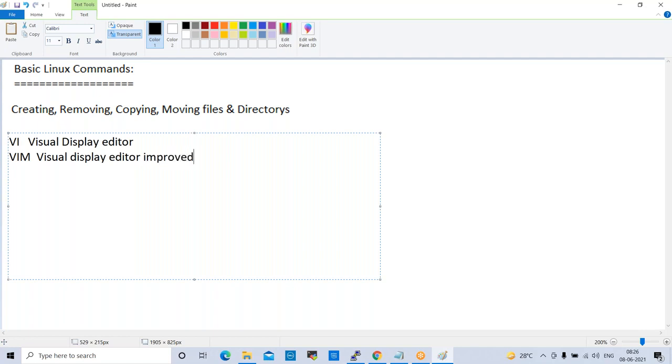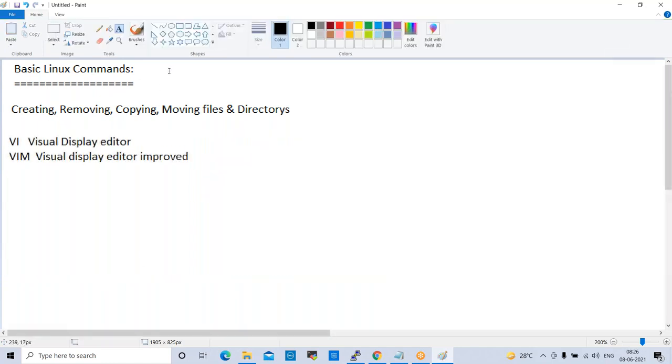Normally in real time we use vi only, vim not required. Both are the same, with the same functionality. So normally we use vi only. Okay, fine. So in this vi,